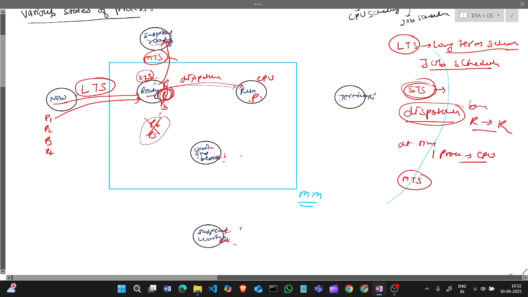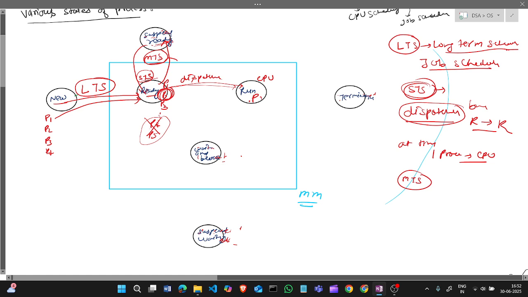So to make the ready state free, to make some empty space in the ready state, it will suspend some of the low priority processes to the suspend ready state when the ready state has some empty space. And then coming back, the suspended process moves from the suspend ready state to the ready state by the midterm